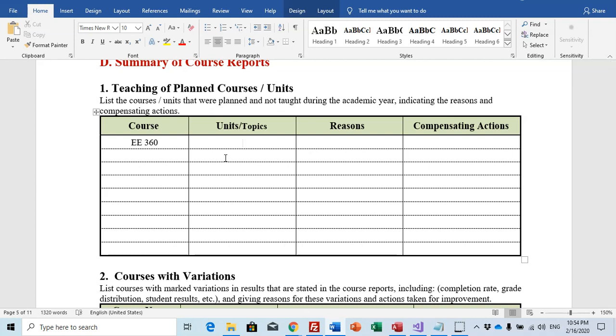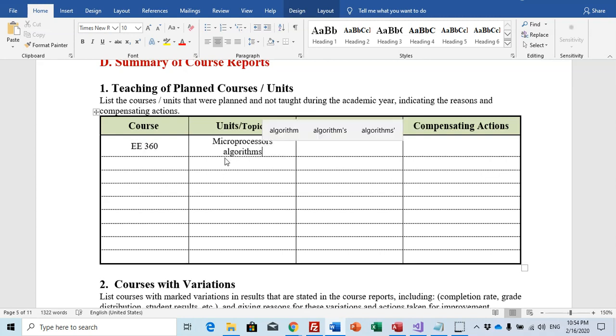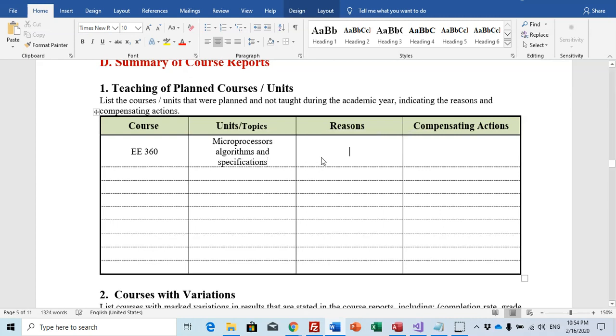For example, microprocessors, algorithm, and specifications. The reasons, for example, the semester is shorter, for example, 14 weeks.